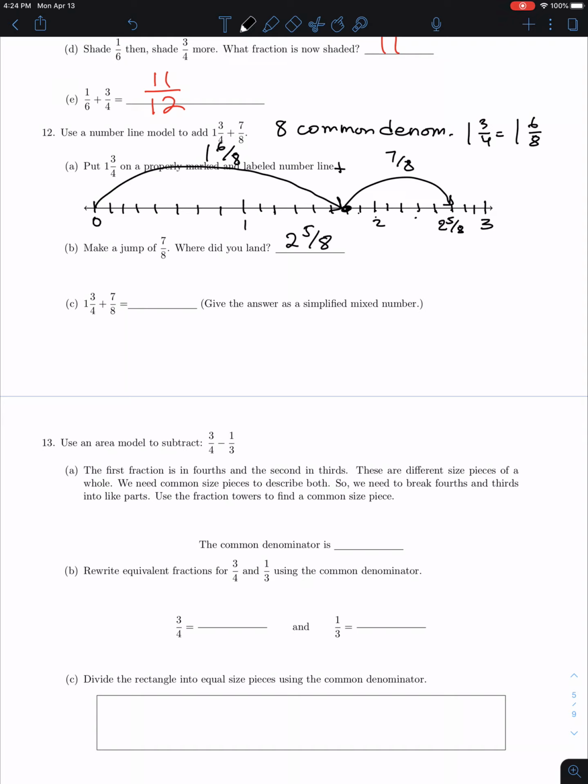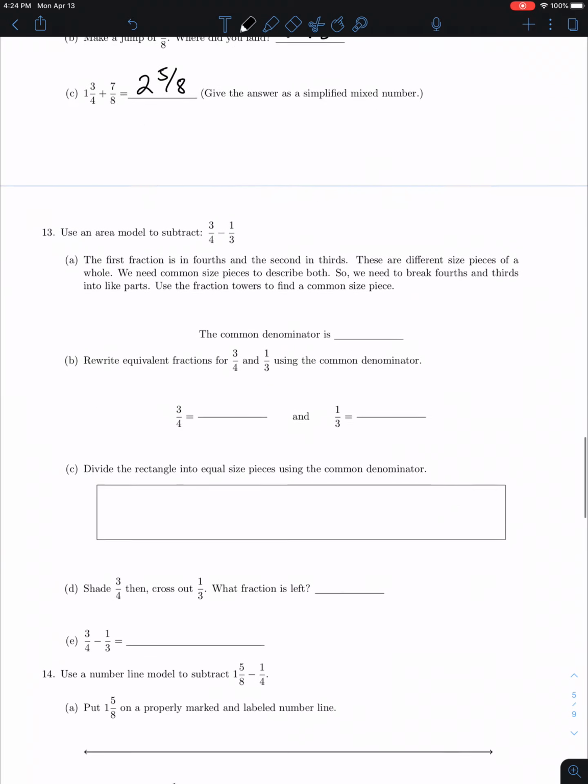So in this case, 5 and 8 don't simplify. So 2 and 5/8 would be our final answer. All right, is everybody okay with adding unlike denominators? All right, good. So let's do the